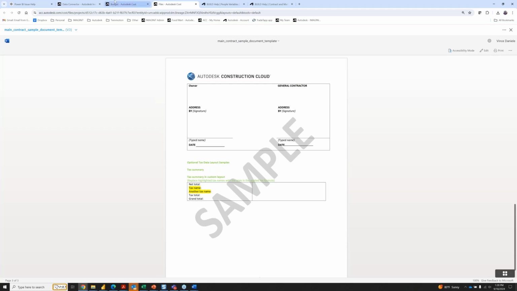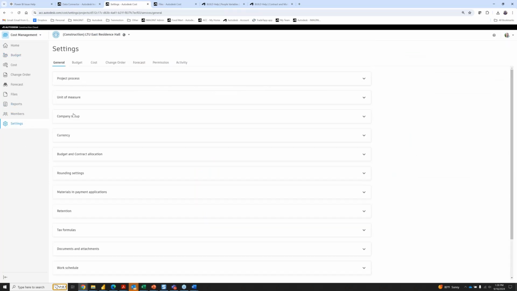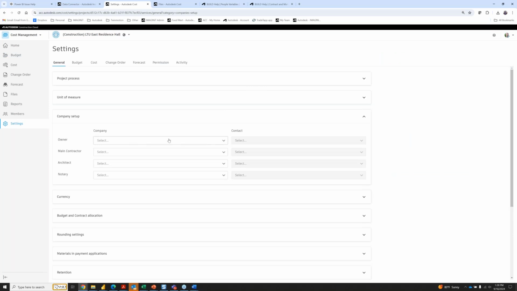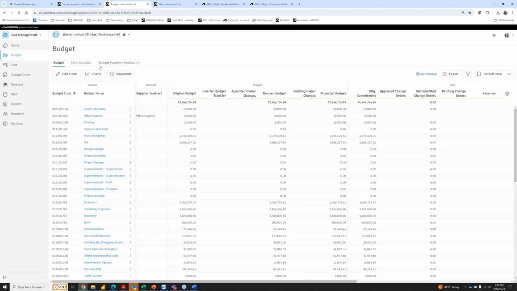And most of the time within cost, that relates back to our settings, company setup. Yeah, so this is why it didn't have anything there. I didn't assign IMAGINiT as the owner. We could assign a contact. Hey, Ramsey, you're the contact for IMAGINiT. And now, if I want to make an update